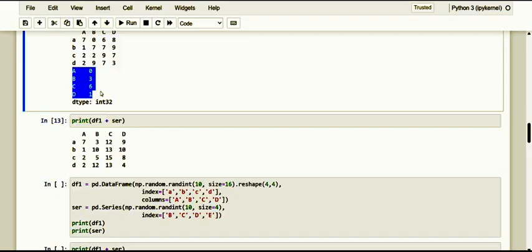Here too, the labels of the index of the series have to correspond with the labels of the columns of the data frame. Otherwise, they will be added in the result with a NaN value.